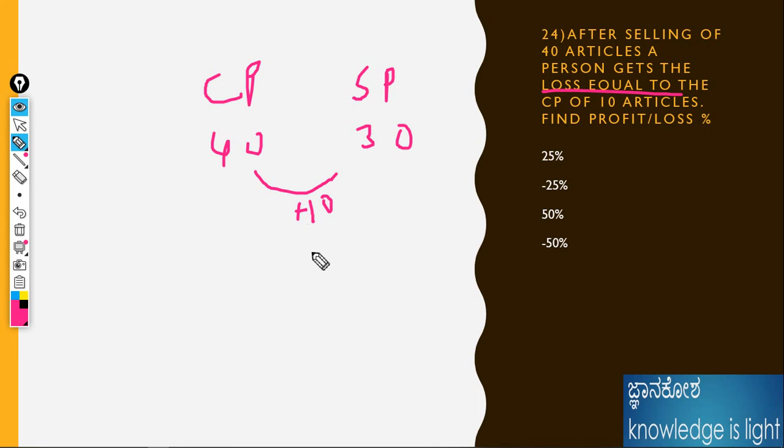Then here the loss is happening. Why? Because of loss. What is 10 divided by 100? 40, cost price is 40 into 100, because the zeros cancel, 425 minus 25% is the answer. See, if there is a loss, in your mind you need to think the cost price should be higher. If a profit is coming, the selling price should be higher. You need to think like that in your mind. Understand, this kind of problem.